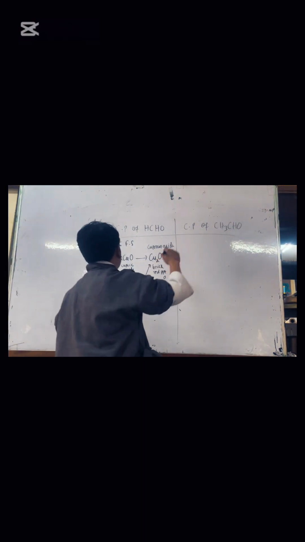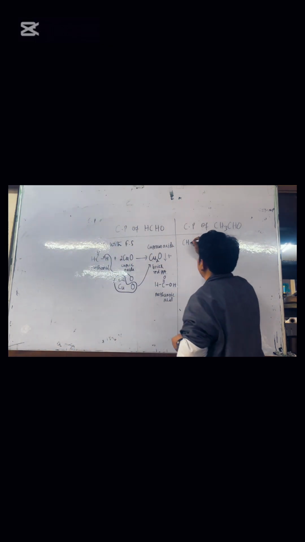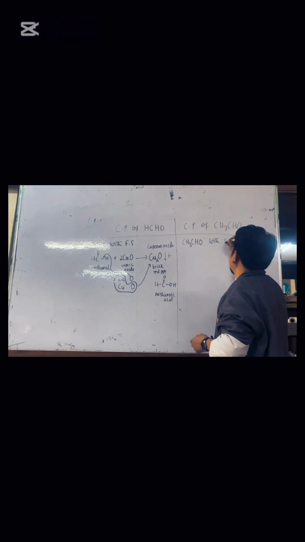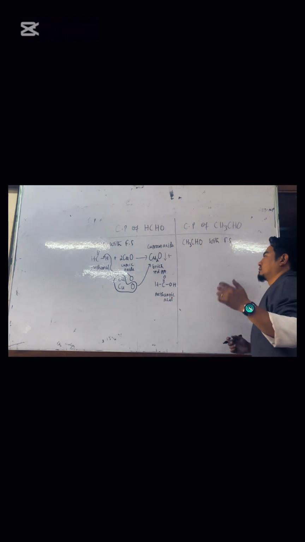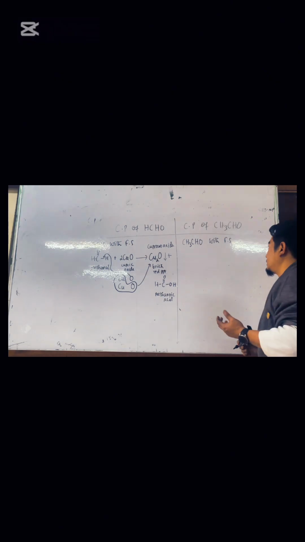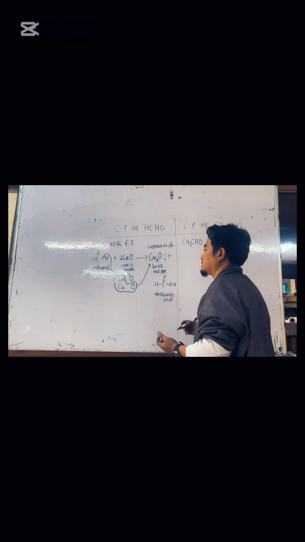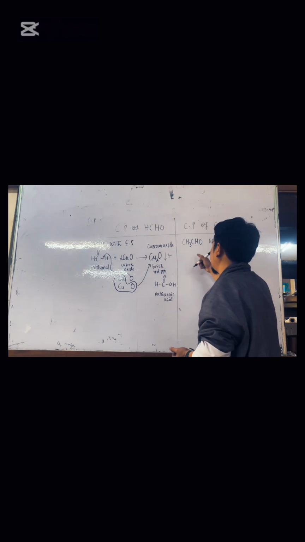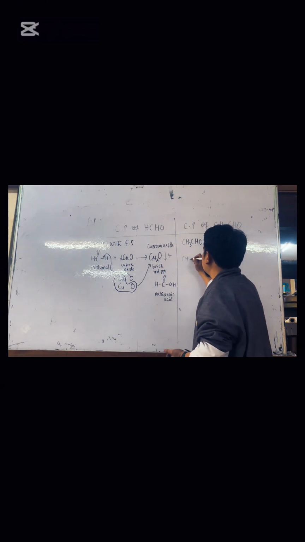We'll see the reaction of acetaldehyde, CH3CHO, with the Fehling solution. Similarly, we have added the Fehling solution A and Fehling solution B to the acetaldehyde. And we have seen the color changes. The chemical reaction is the same. We can replicate the same ideas here, copy the same ideas here. We take the acetaldehyde